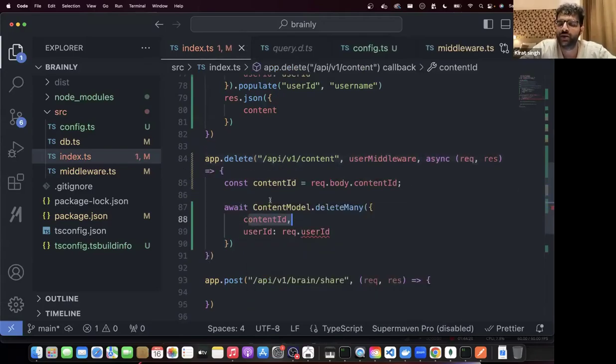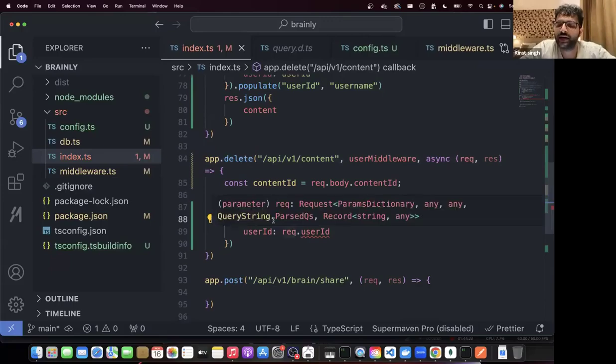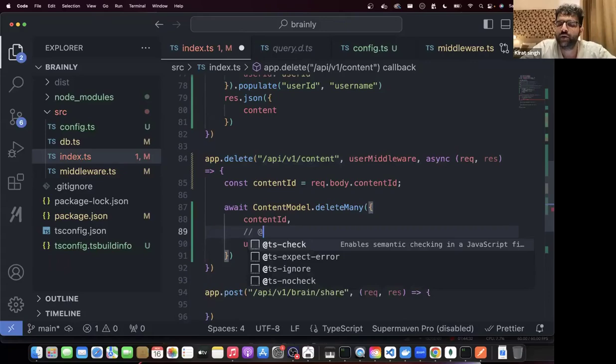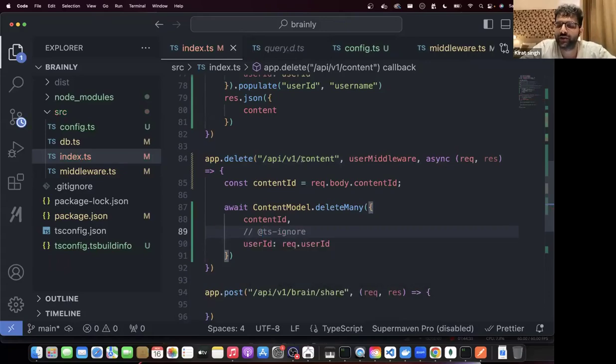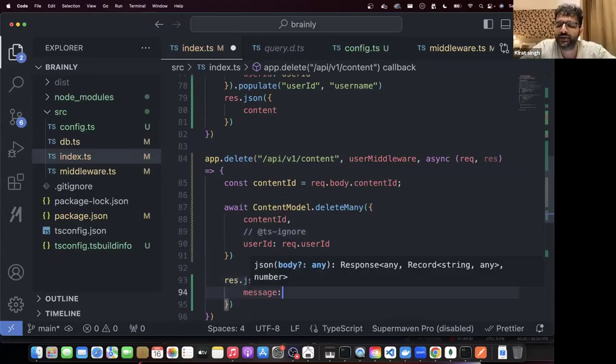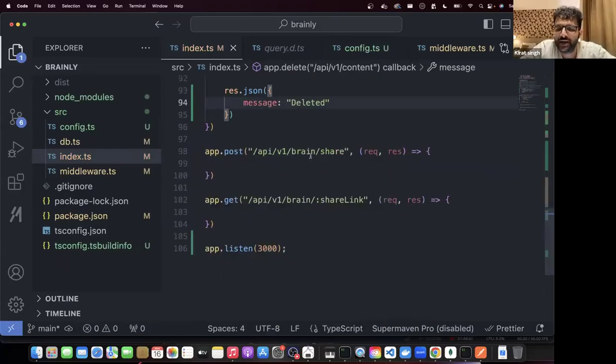तो अगर मैं कोई content ID भेज रहा हूं, हम चेक कर रहे हैं कि content ID ये है और user ID ये है. This is the person that owns this specific content. उसे अपना ही delete कर सकता हूं, मैं किसी और का नहीं delete कर सकता. That's the delete endpoint. Share endpoint और ये बनाओगे, try it out. नहीं होता तो कल तो बना ही लेंगे, but should be simple enough from here.